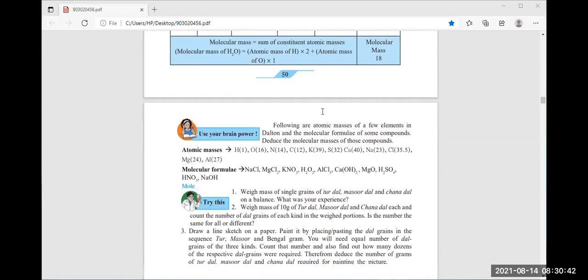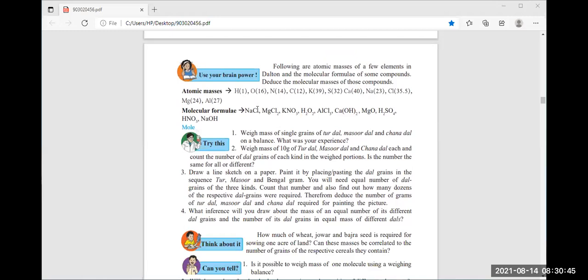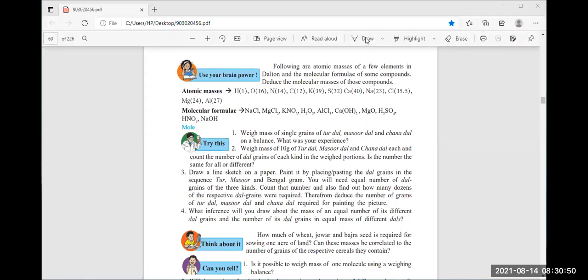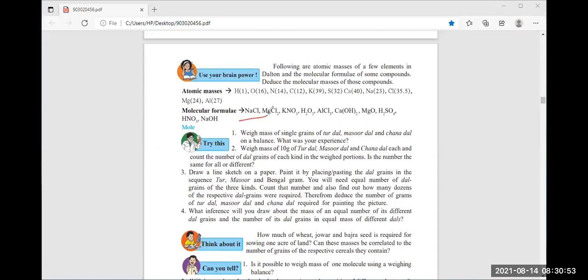Now here atomic masses are given and you have to find out the molecular mass of the given substances. Now I am going to take the first example, suppose sodium chloride. Okay, so where is sodium? It's 23, and chlorine 35.5. So NaCl has only a single molecule here, so there is no multiplication; directly add 23 plus 35.5. What will you get? 58.5. This is the molecular mass of NaCl, sodium chloride.